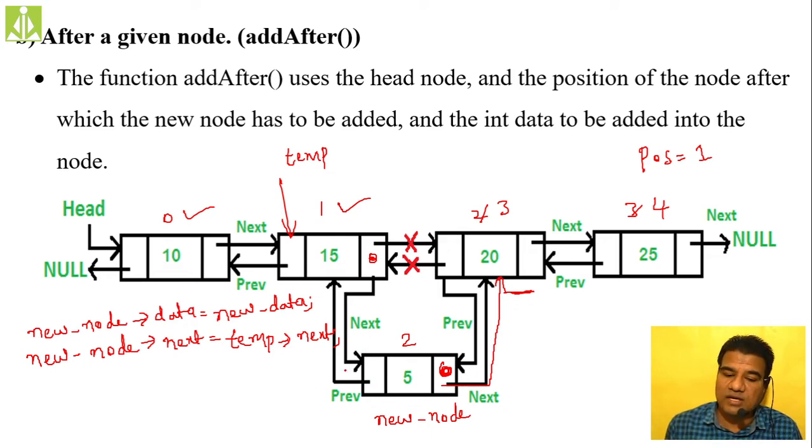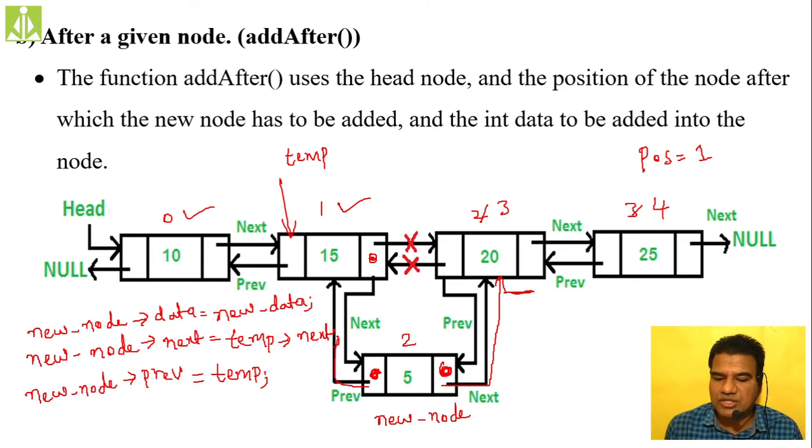Now what I have to do, the previous should point to the temp, isn't it? New node of previous should point to the temp. So that I am writing over here, new node of previous should point to what? Temp. Temp means this location only, and new node of previous in the sense this location. This location I'm making to point to the temporary pointer. So now these two links got established. This link is there, and this link is ready, and this link is ready. Now I can modify these things.